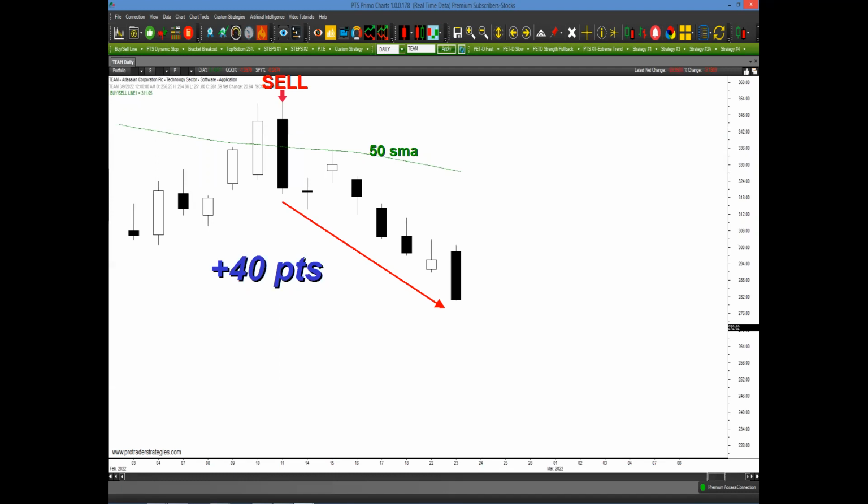Here's another example in TEAM, all right? Same thing, we closed up above and then right back down. You could have potentially made 40 quick points. And then when the market started to bounce again,